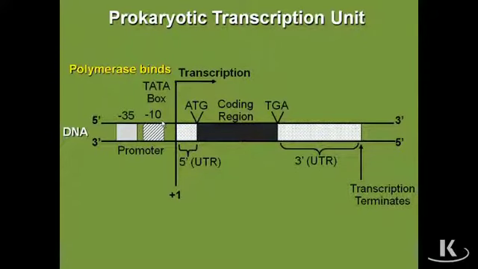These are like the landing lights in an airport. The polymerase is going to come in. It's going to look for where to land. It's going to see these promoter elements, and boom, it's going to start transcribing at the +1 sequence. Now on this slide, I'm telling you that transcription's happening from left to right because that's the way the arrow